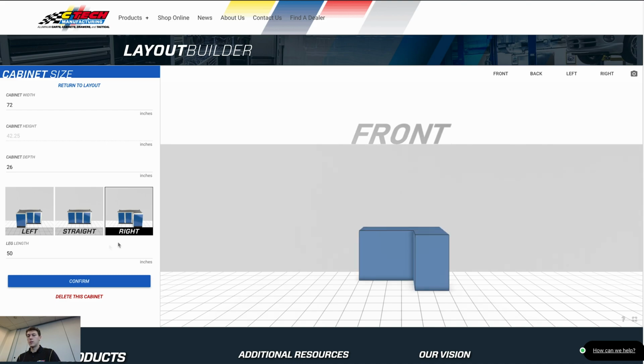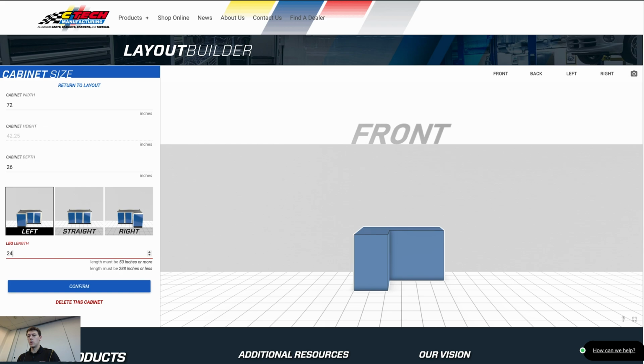And you'll see as I click the left and right corner options, it gives you an option right away to adjust the leg length. That is going to be adjusting the side of the cabinet that is against the left or the right wall. So that means by adjusting this leg length on this cabinet, it's going to pull that left-hand side of the cabinet in or out. As you can see,